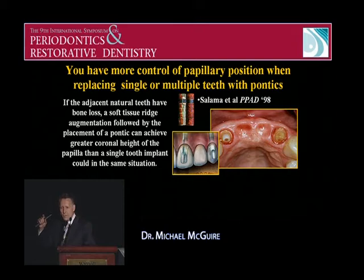And so if you've lost bone on that tooth, and you're going to come in and place an implant, there's no way that you're going to recapture that papilla, because the height of the papilla is going to be controlled by the bone around that natural tooth. So unless you're going to orthodontically extrude the tooth or go through all sorts of different machinations to do that, you're in trouble. Yet if you come in and you do a ridge augmentation, you can grow a greater amount